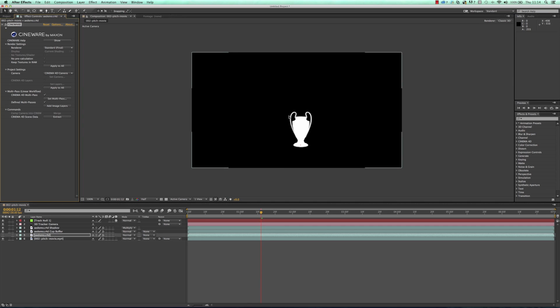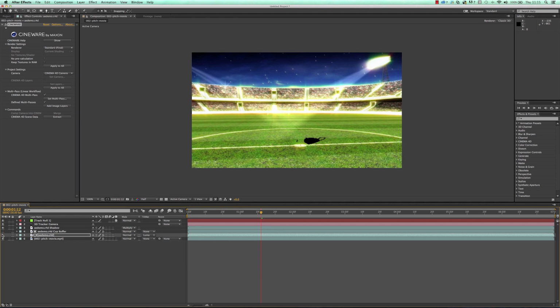You can see that now we have this mask, black and white, that we can then use to get just the cup. So what you need to do that is use the track map modes here. So we use LumaMat, so we choose the original Cinema 4D file, and we're going to use LumaMat, and then we also need to turn the layer back on because it had hidden it, just to show us the cup buffer. And now look what we've got. We've got the cup, we've got the shadow, and we've got our original footage, which is really cool, and that will happen right the way through the movie, which is brilliant.